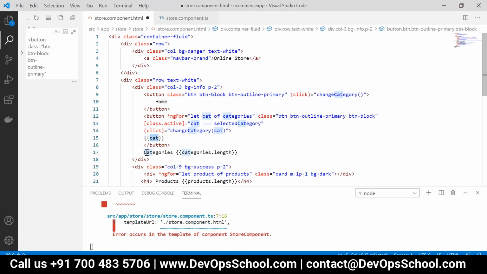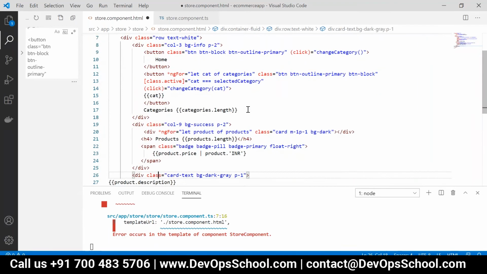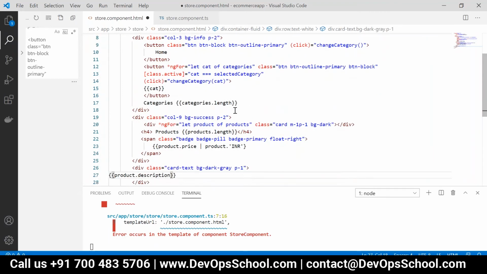Then click on category, change category, and you're passing cat. Yeah, that is okay. Button, categories length, okay. Then in the div of this, inside a div you have written div ng for let product of products. And after m-1 you have to give one space, and you close the div here itself.